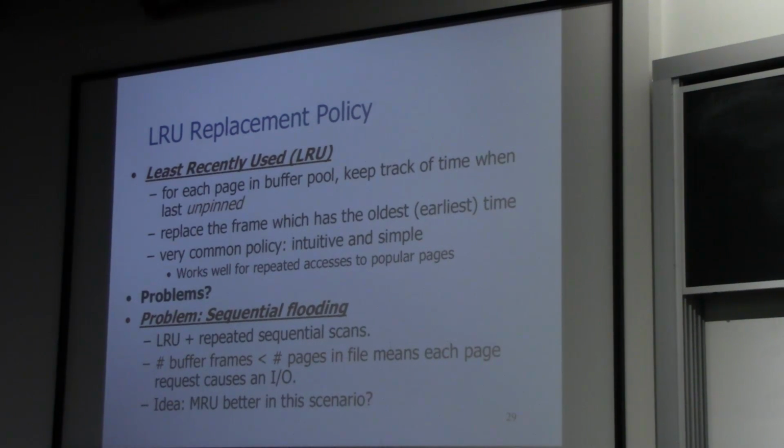For example, I'm reading 100 pages. These 100 pages are sequentially stored on disk, versus I'm reading the same 100 pages that are randomly stored on disk. Big difference in terms of running time. So how does a DBMS address those issues? Today we're going to give you a quick overview of this.